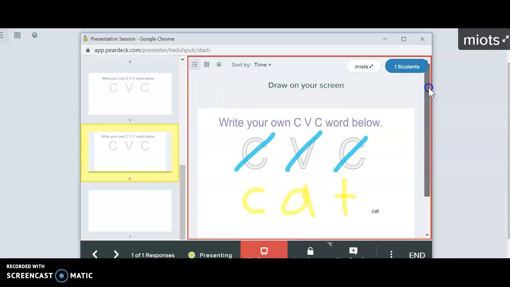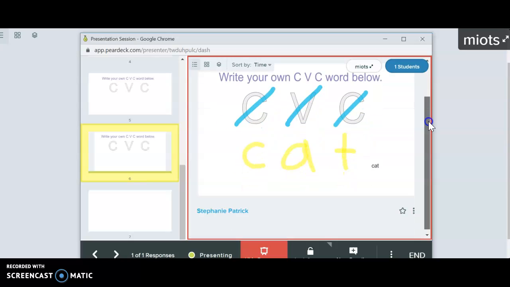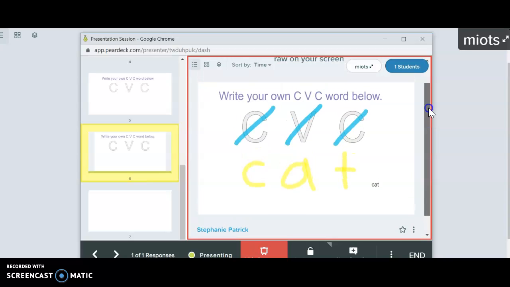So you would be able to not only give them instant feedback from these slides, but you can save these slides and grade them. So if there's an assignment you would like for them to push out and do during your live session, this is a great way to do that. And then you can enter manually the grades for you, so if they don't have to submit it through Canvas. So if you have any more questions about this, just let me know